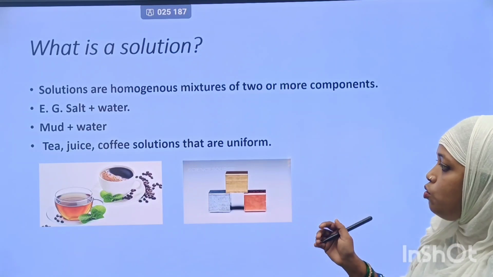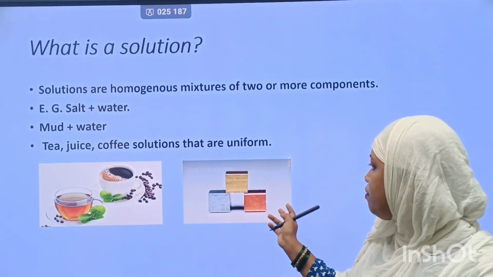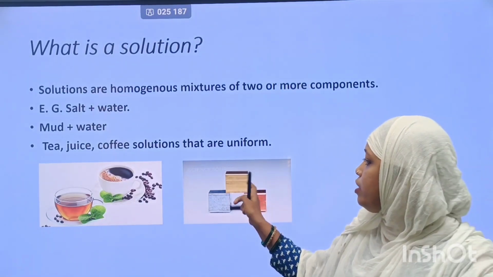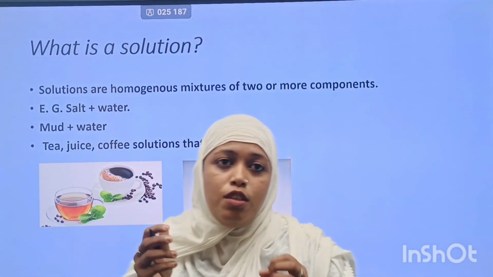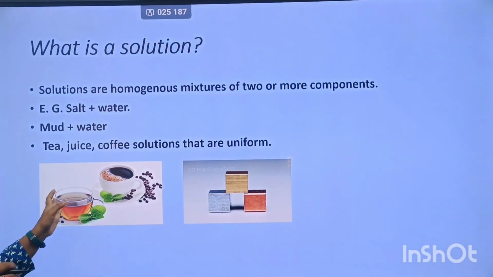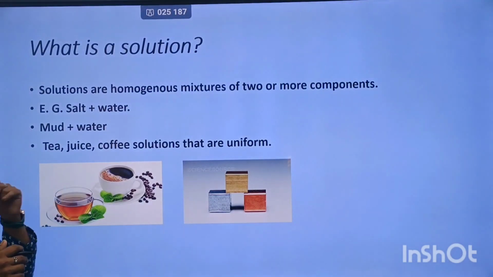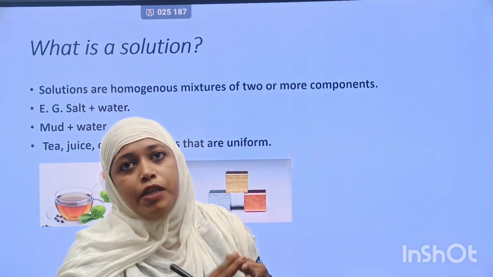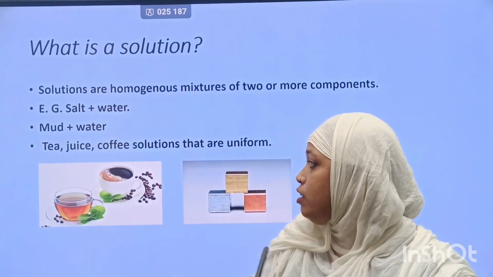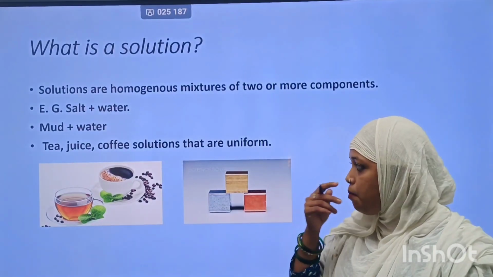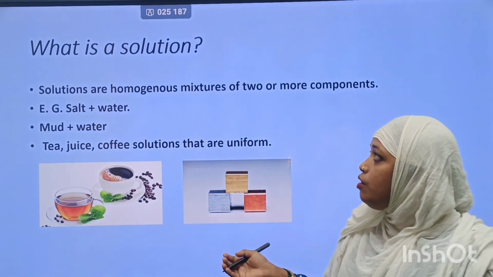We have other solutions like tea and coffee, and as I've shown, solids like zinc and copper combine to give us brass, where you cannot distinguish zinc and copper. In the picture of tea and coffee, in tea we have tea leaves, water, milk and sugar. They are all boiled together to give a uniform mixture. As well as in coffee, we see the same process. Further on,